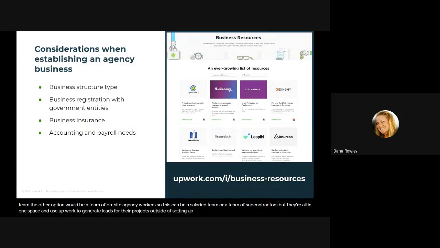Outside of setting up your agency on Upwork, the actual Upwork profile, you also need to set up business operations. Like I mentioned previously, by starting an agency, you are starting a business. As Upwork, we're not in the position to provide advice on your specific situation. So you need to check local government, country, state, city, resources, usually their websites have some great material about setting up a business and what you need to do.